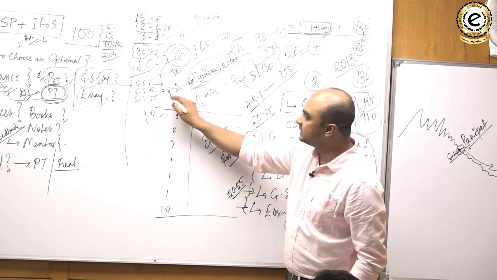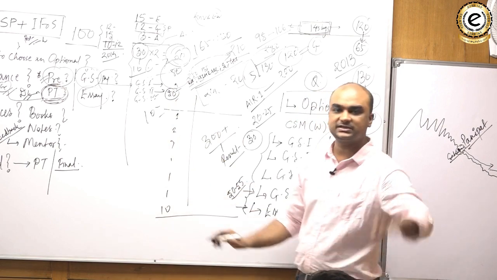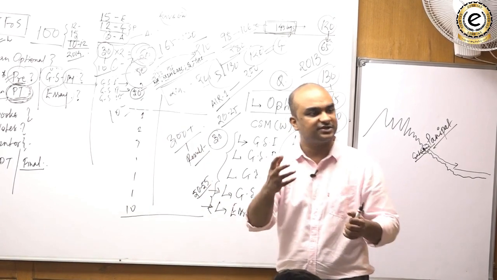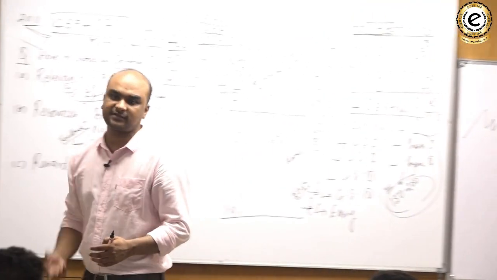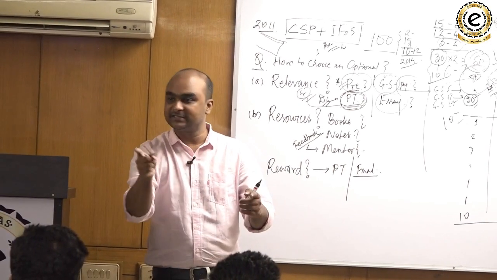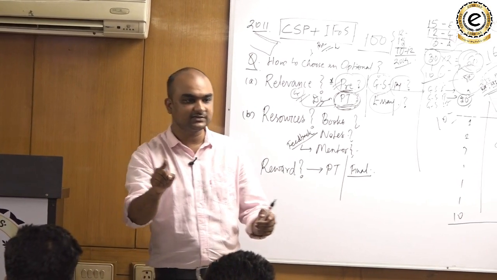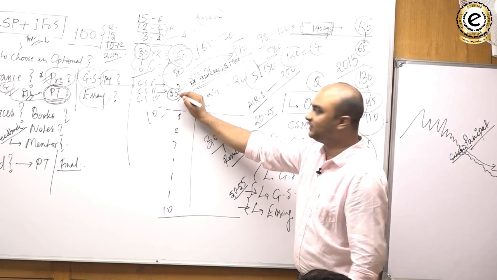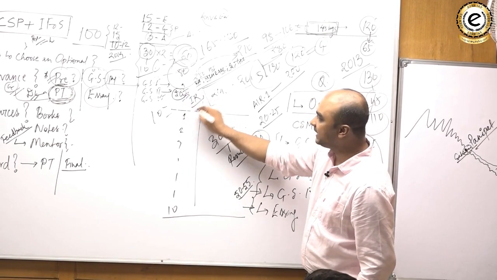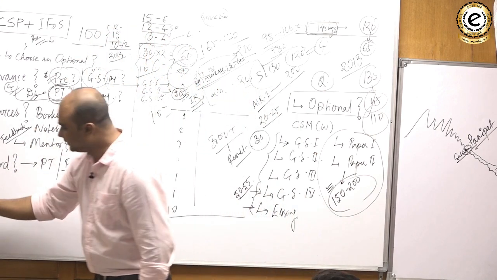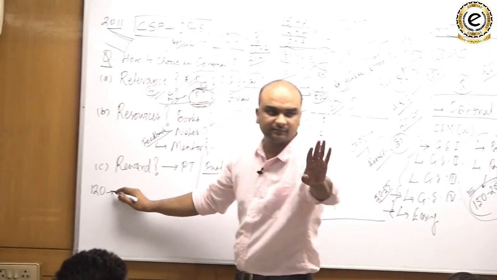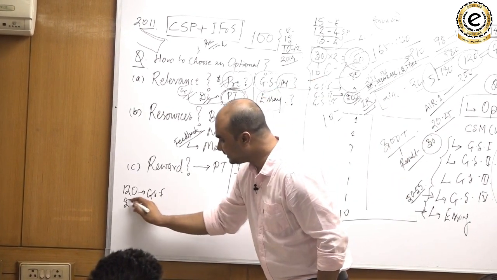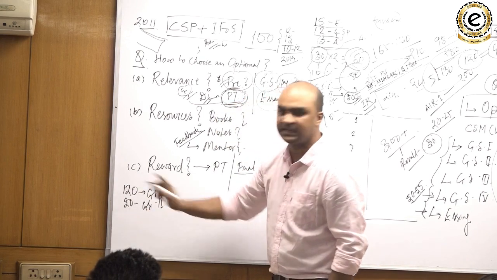In GS paper 2, there is a weightage of international relations of at least 50 marks. And out of this, you can understand a lot of international relations are nothing but an offshoot of geopolitics. And geopolitics means the politics is driven by geography. Are you understanding this? And that's why all those who have geography as their optional generally tend to do well in the IR sections. So let me take account of it. I'm saying 120 marks explicit, though there is implicit understanding of it in history sections too, in GS paper 1, and nearly 50 marks in GS paper 2, the international relations portions.